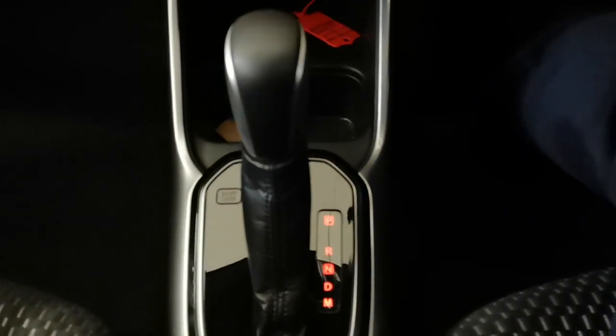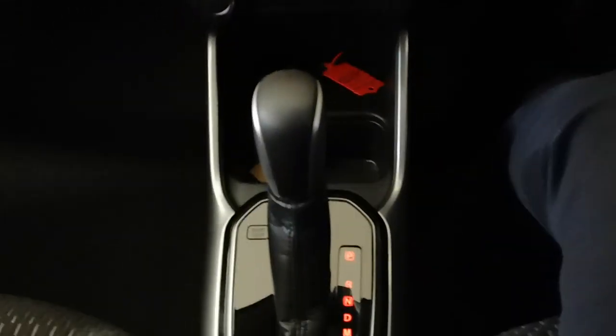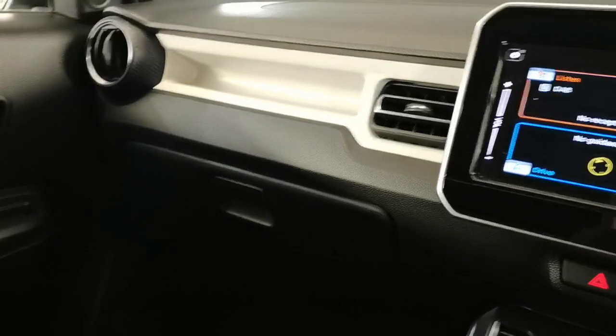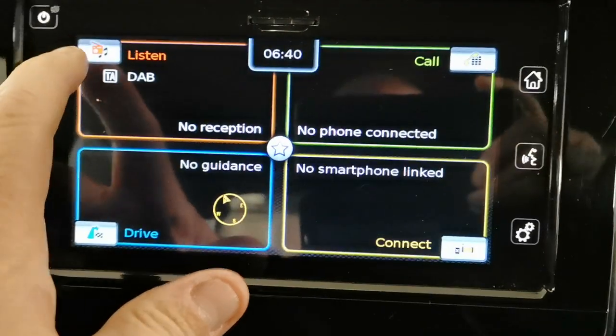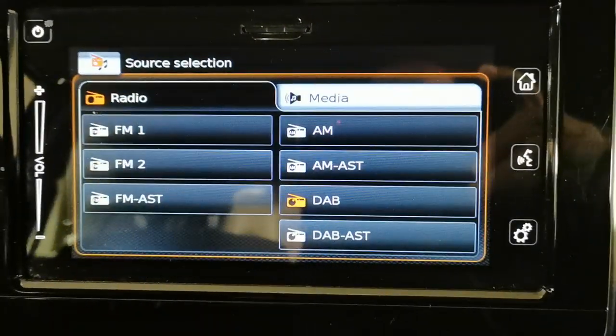Stick it in D, and you can use these paddle shift controls if you want to give you a more immersive driving experience. If not, just stick it in D and away you go. Unmarked dashboard, unmarked seats, beautiful condition. You've got here this